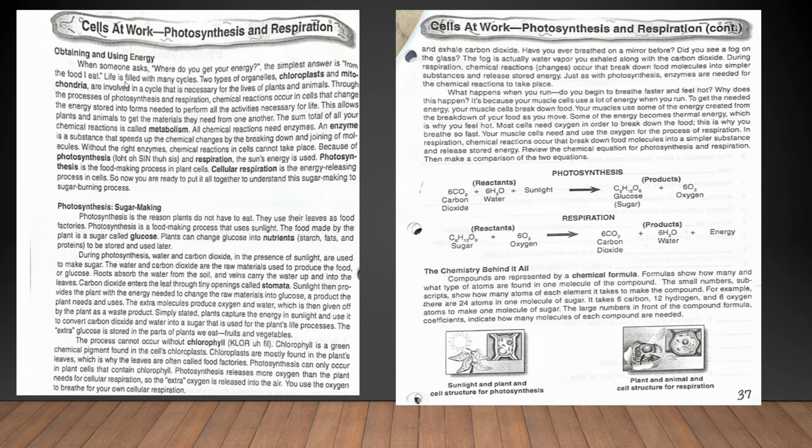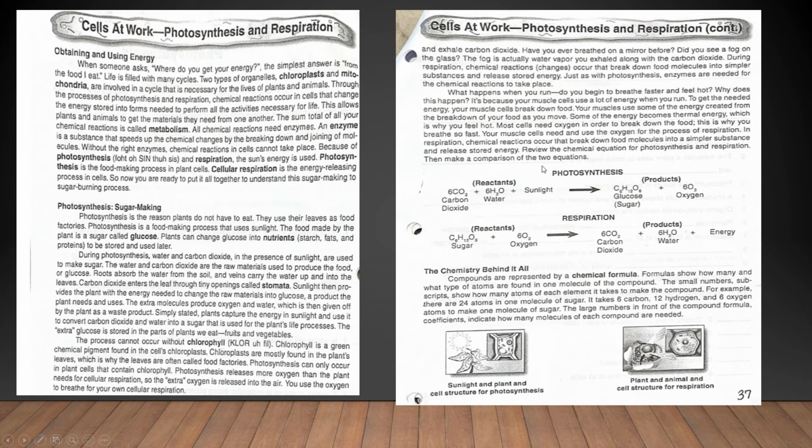Notice the key terms that we've been using this unit are bolded: chloroplast, mitochondria. A few extras are added in just for fun, such as metabolism. We see the word enzyme, photosynthesis, respiration, and cellular respiration. Glucose, our friend over here. Stomata is a new friend that you might have heard a few times, but we've certainly mentioned chlorophyll down here on the bottom. So my recommendation is to pause the video, read through this page, highlight the information, and